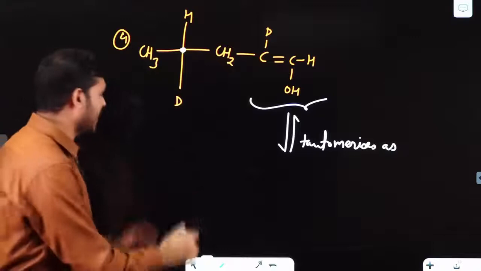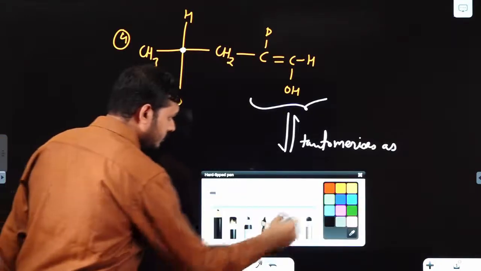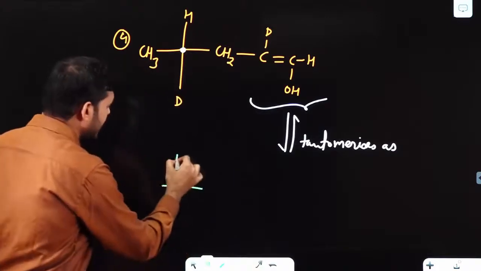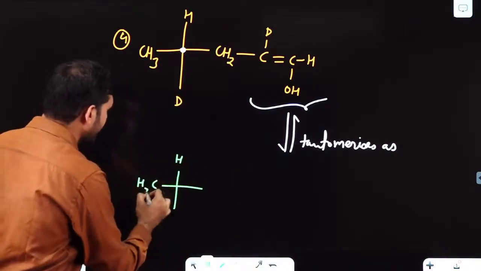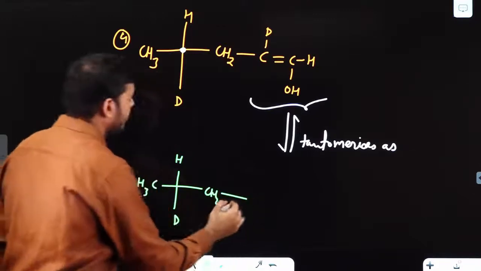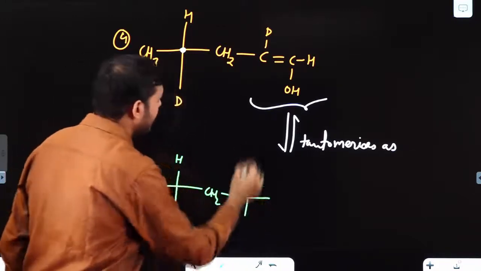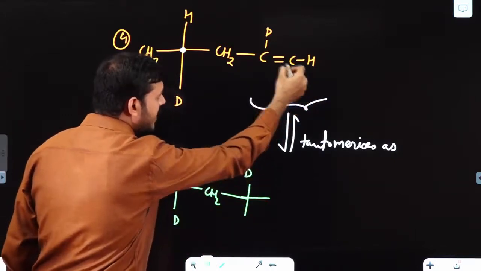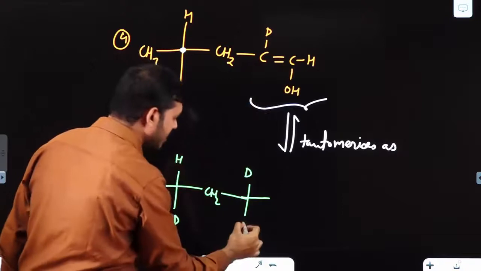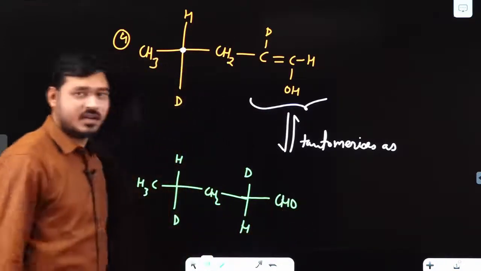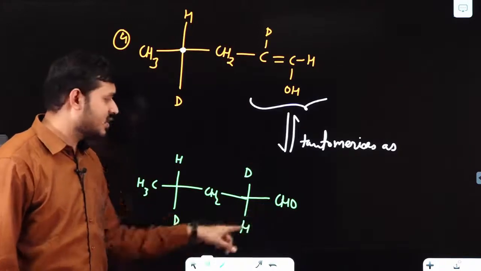I am drawing here perfectly. One will be this hydrogen as it is, CH3 as it is, deuterium as it is, this will be CH2. Now this carbon can be deuterium upside, this H will be removed, single-double resonance, this hydrogen comes here, so hydrogen comes here, and this will be this part. Clear to you all? This is one case.